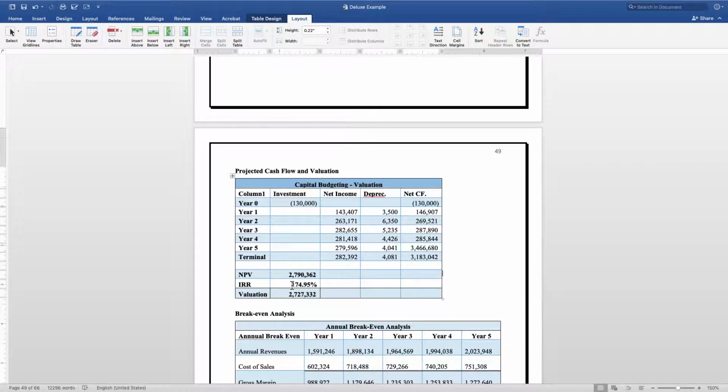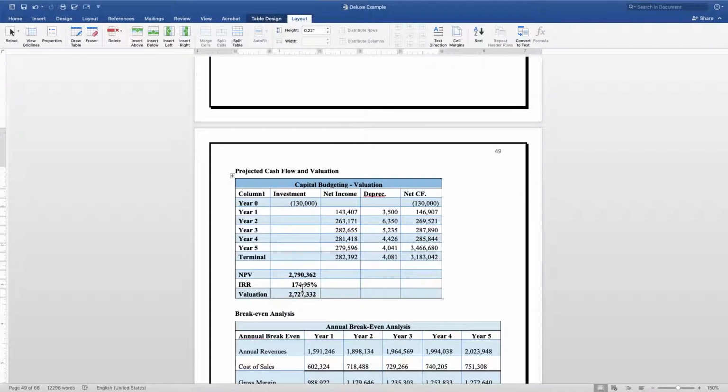Now, in order to take this a step further, I'll subtract from the cash flows all the debt that the company has, and then I'll add back in all of the assets the company has. And so that'll give us a valuation. For this example, the valuation is $2.7 million. Does that mean you can go out and list your company for $2.7 million when you haven't even started? Of course not.